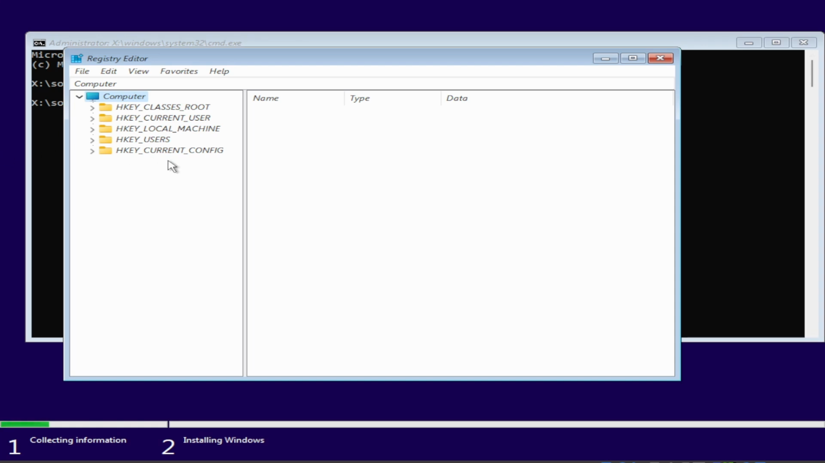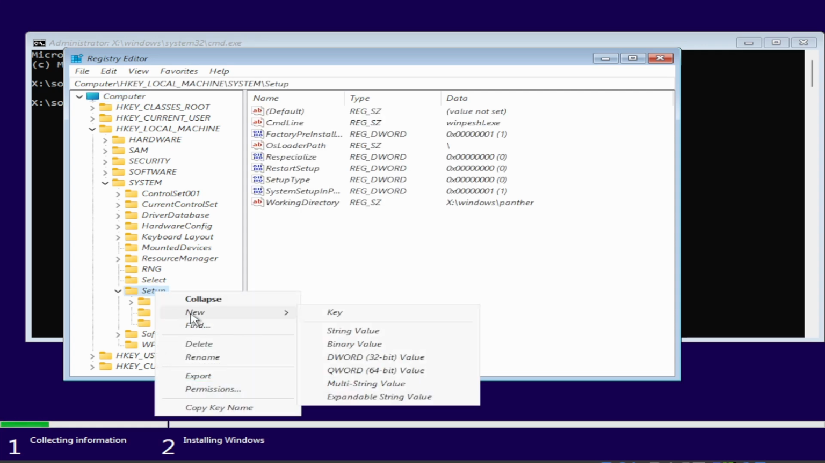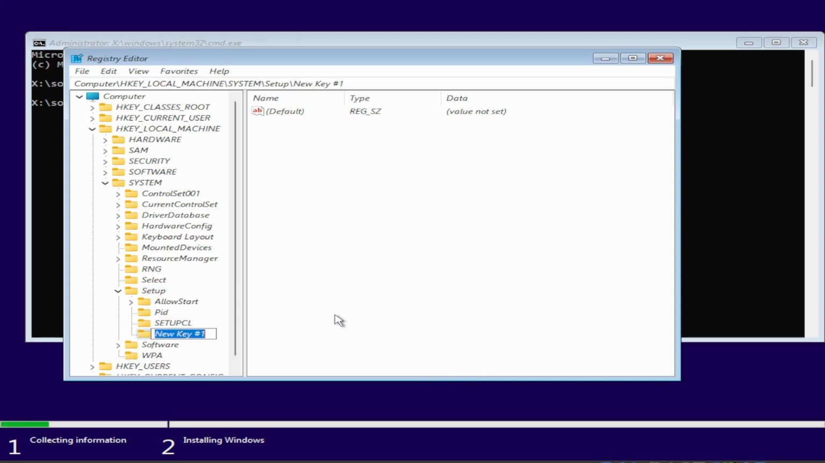Right, so from here you go to local machine, HKey local machine. You go to system, then you go to setup, and then in setup you create a new key. So just right click on setup, select new key, and call it lab config. Right, so make sure lab config is selected, so that you're inside this lab config, and in here you're going to create